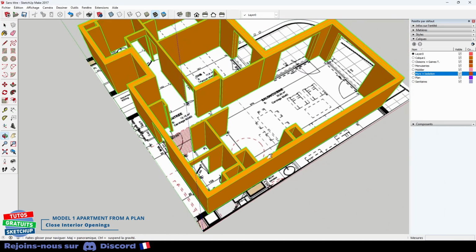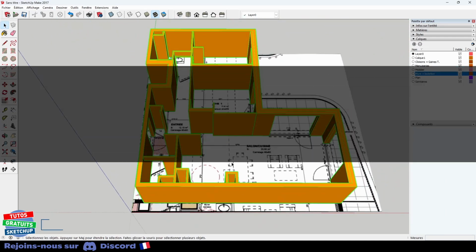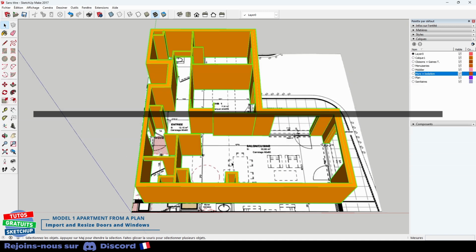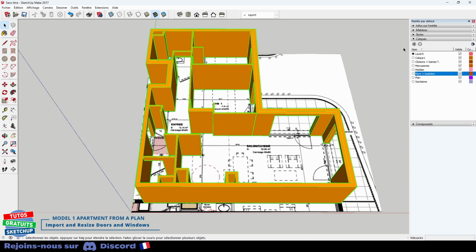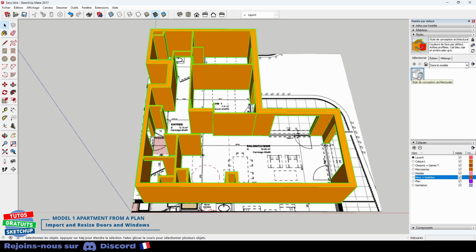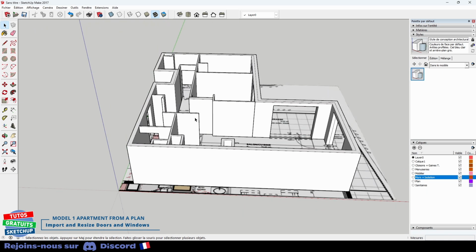There you go. Our modeling is finished as far as the walls and partitions are concerned. We will start importing the models or modeling them ourselves. But first I reset the style to default. I click on Style. Here we will select and click on it directly. We come back with normal SketchUp colors.